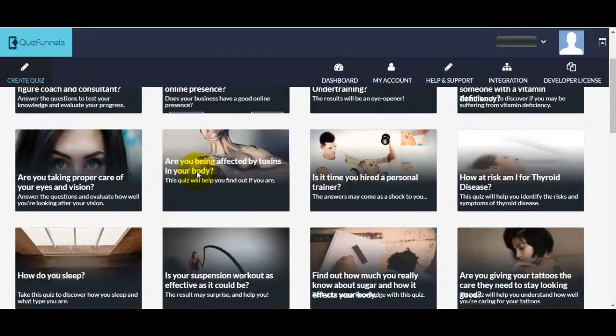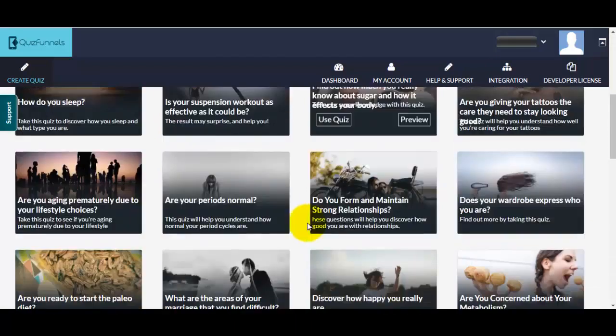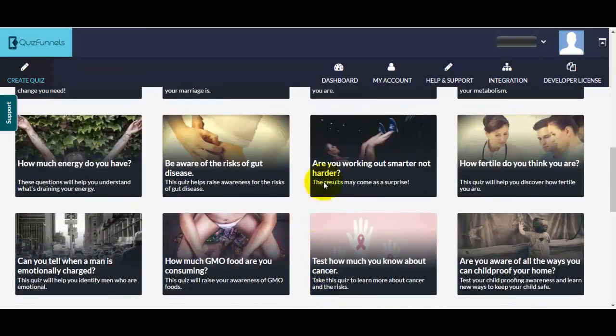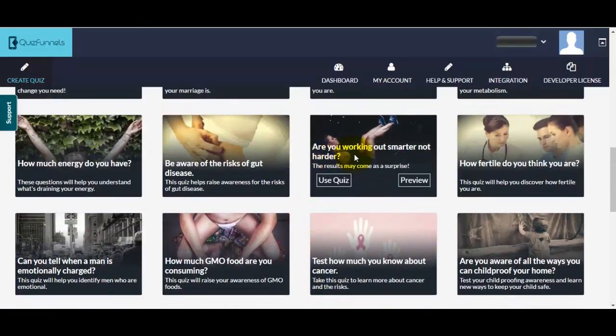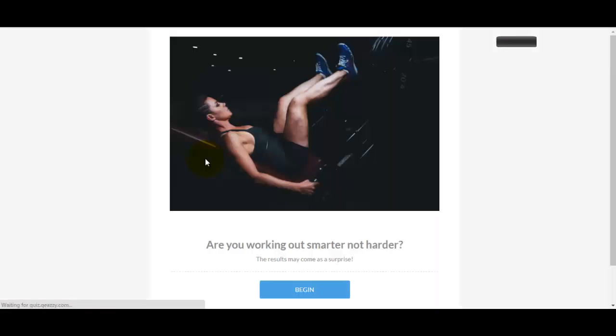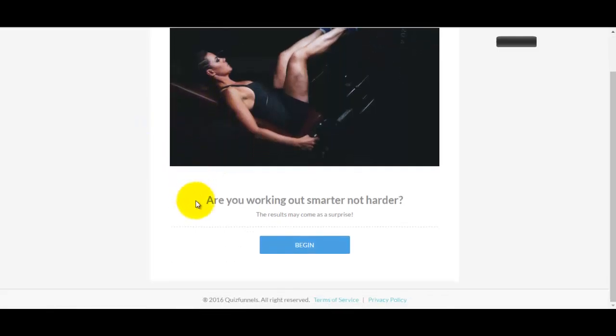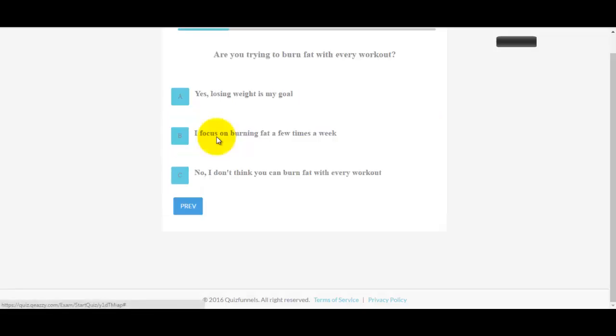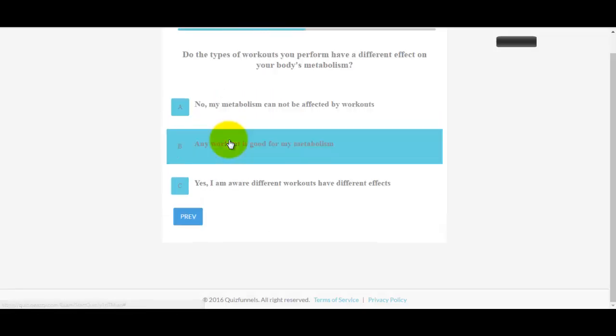This is the upgrade version, so you have more templates than you do in the front end. I think there are around 50 templates if you pick up the upgrade, and you can either use a quiz or preview it. If you click on preview, it will go over here, and then you can actually start a quiz and begin and so on. I'm just going to click whatever to go to the end,